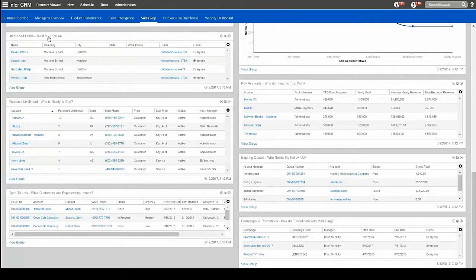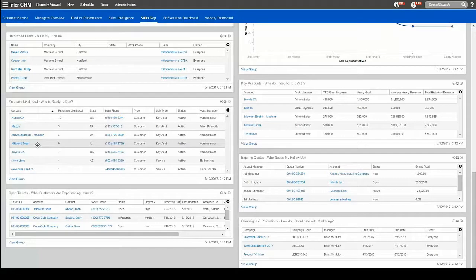Okay, after I followed up on my leads list, I'm going to spend the rest of my available time on the smart list I find most valuable. The list directly below the leads list is my purchase likelihood list. This is my ace in the hole. Leveraging predictive analytics and customer data, Infor CRM not only tells me how likely my customers are to make a purchase, but also provides me with specific product recommendations for them. It even gives me insight into my customers' buying trends, so I know if a customer changes their rate, volume,